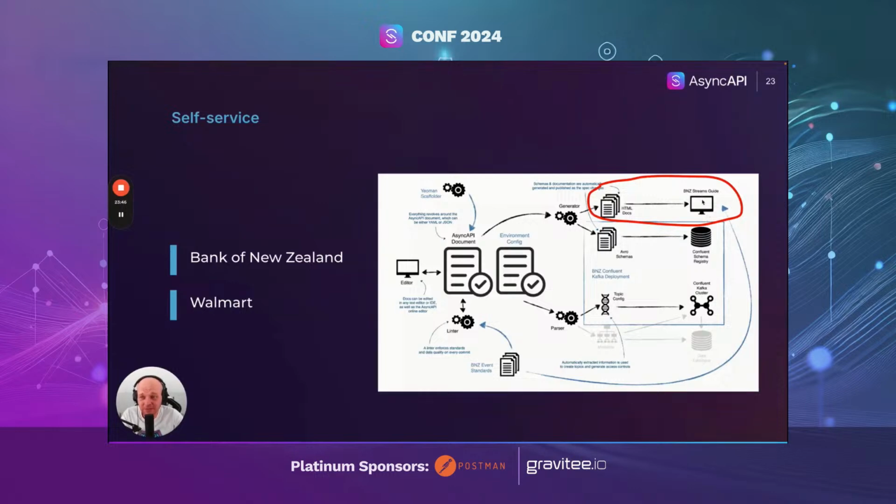and do even more. Like in the case of Bank of New Zealand, when the self-service accepts the AsyncAPI document, of course it puts docs somewhere else, but then it also extracts the Avro schemas and uploads them to Confluent Schema Registry, which later on can be used nicely at runtime for message validation. So self-servicing the work for devs, they love you. If you provide them with tools where they don't have to interact with you, even if it's not direct interaction with a human, but through Jira tickets, do it. Because then later on you can plug in a lot of good stuff in the process.